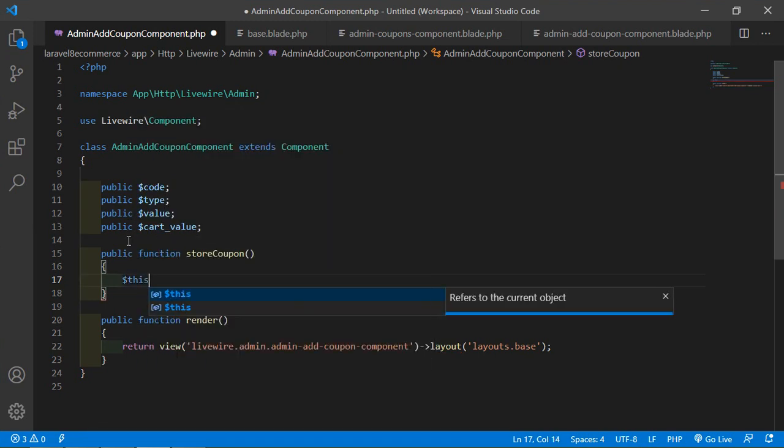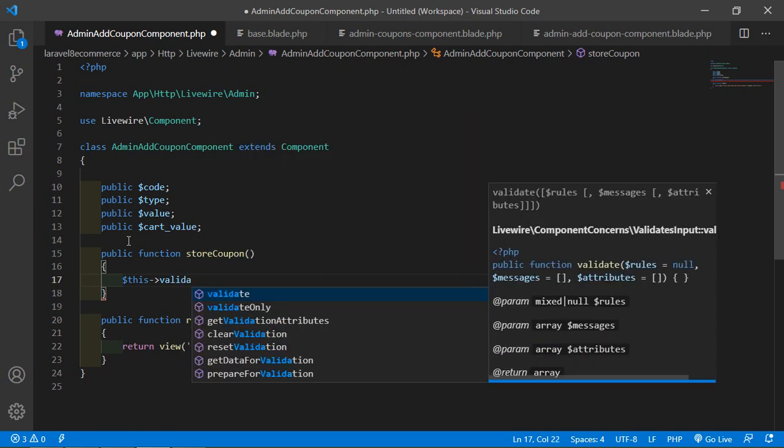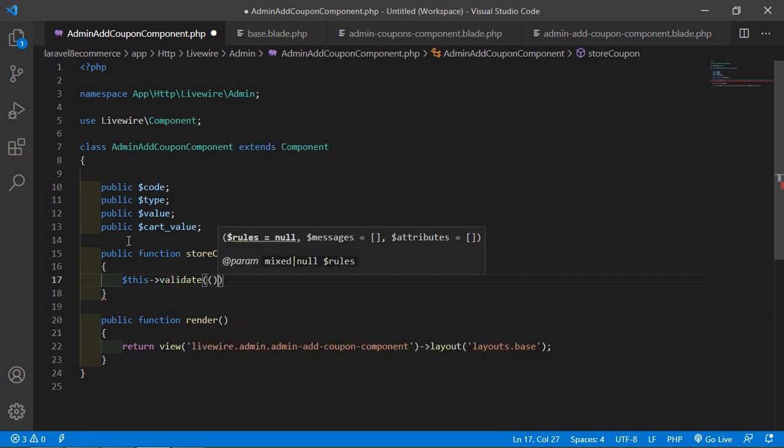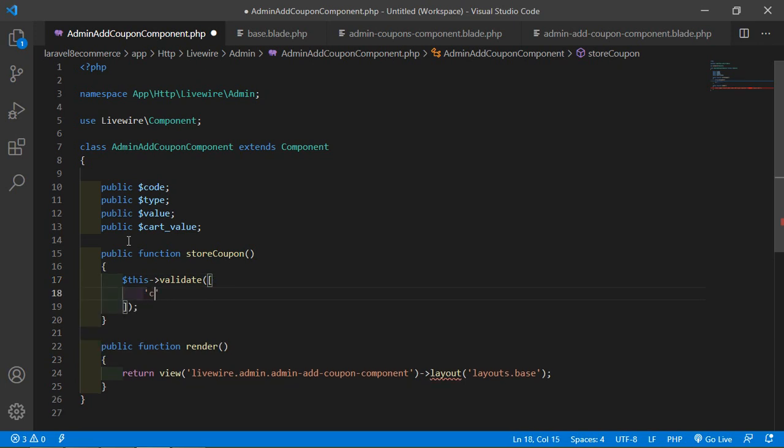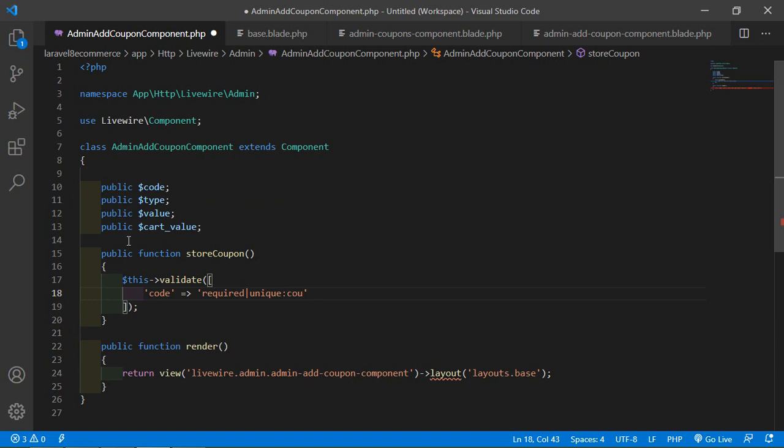So for that just type here $this->validate, and inside this pass an array. Okay, and add here the column name which is code, add the validation which is required pipe sign, and also add the unique. Okay, unique colon table name which is coupon.